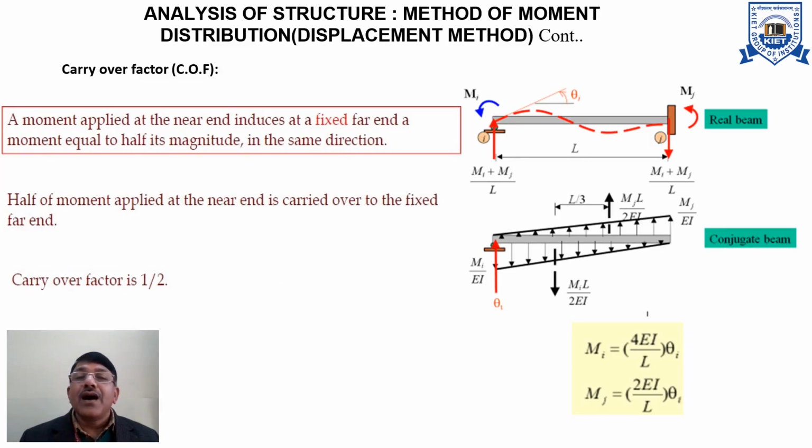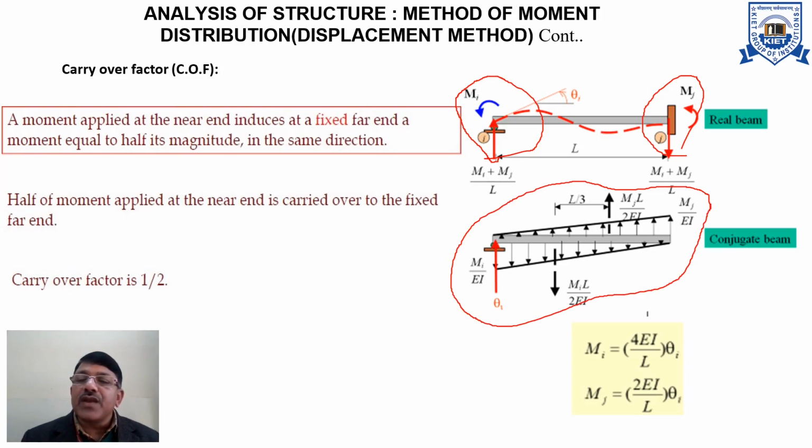Then how much moment is carried forward from one end to the other end, or I should say how much moment is induced at the far end when some moment is applied at the near end? For example, at this node I, if a moment Mi has been applied, causing the rotation theta I at the node I, then some amount of moment is produced at the node J. Then how much is the value at this node J? For this we can generate